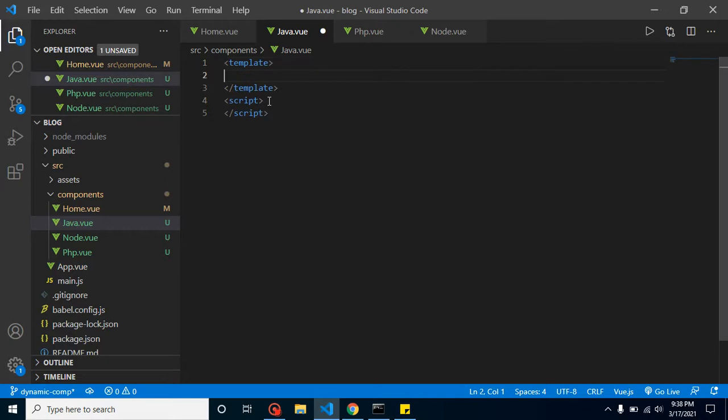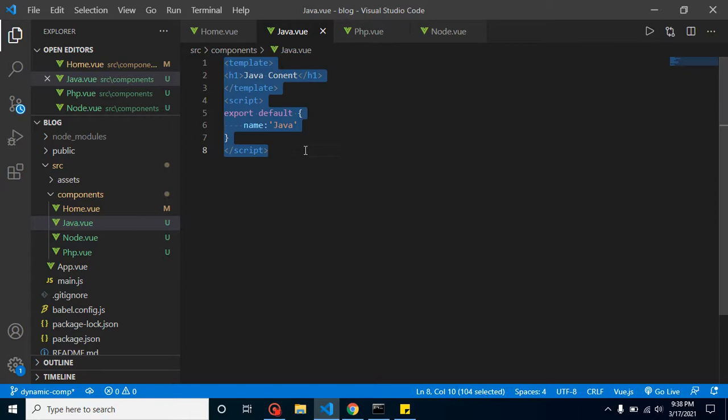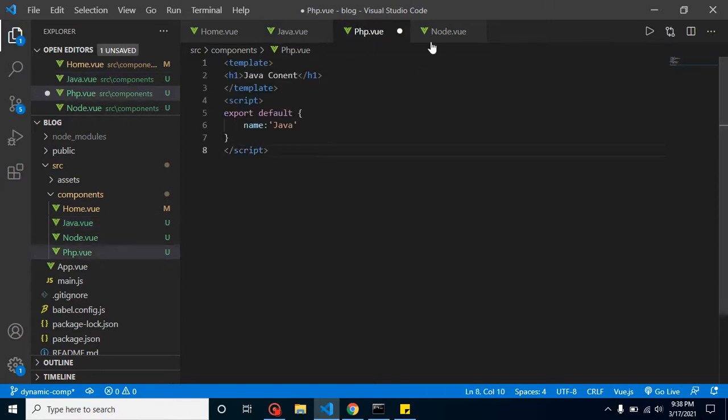And now let me put here an h1 tag, and here I can simply mention Java content, right? And in the script tag we can write export default, name like Java, and now we can copy and paste it in the other components also.